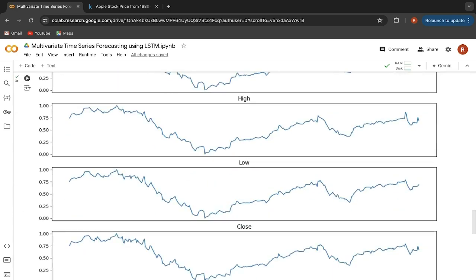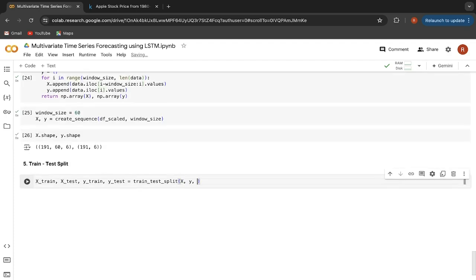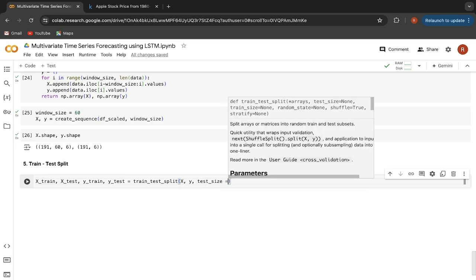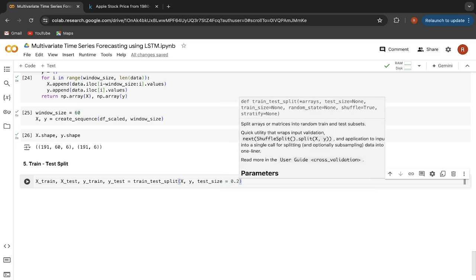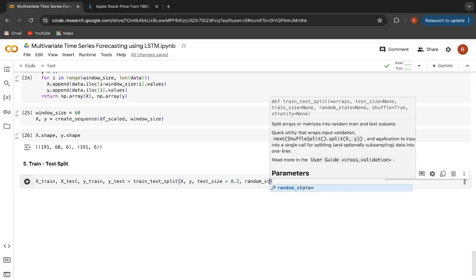So here we will call that module, which is train_test_split. In this module we will pass our X and Y, then the test size. You can specify the test size as per your choice. I will keep it 0.2, which means 80% data in the training set and 20% in the testing set. Then the random state, which is 42.